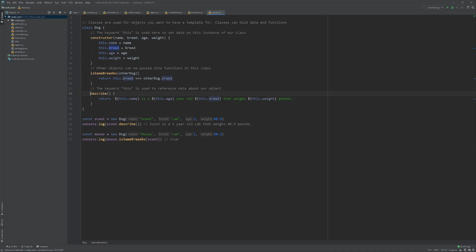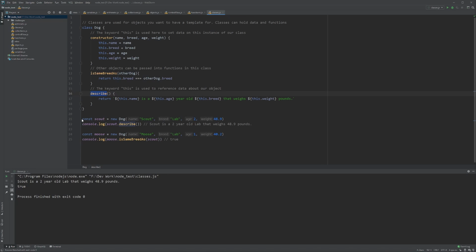We also have a describe function, which is just a prettier way to output the object to the log. So previously, it was really just a bunch of key value pairs, like a big list of them. And now we can call describe instead, and it'll output a much nicer looking, sort of like a sentence, to describe something about this object. So if we run this,